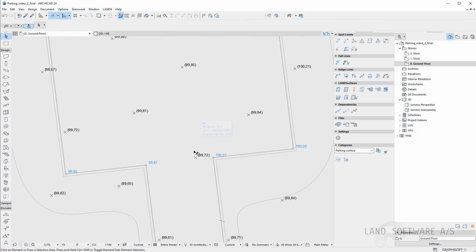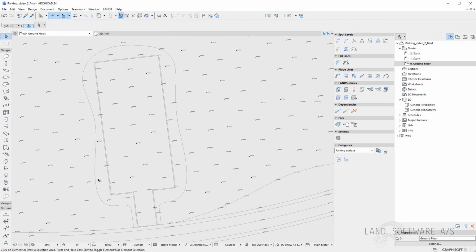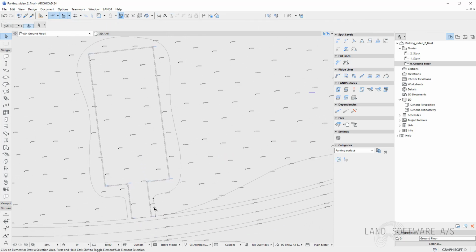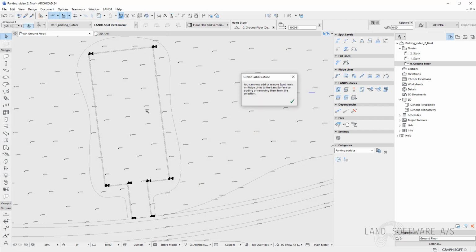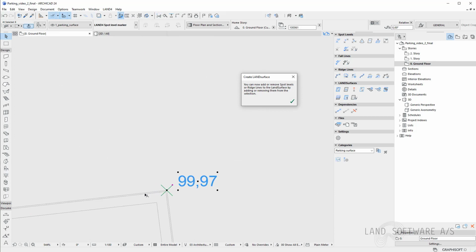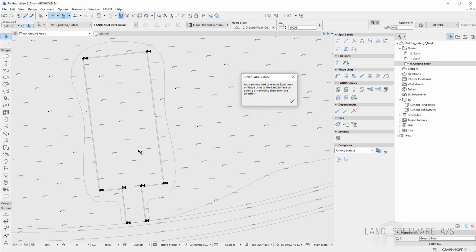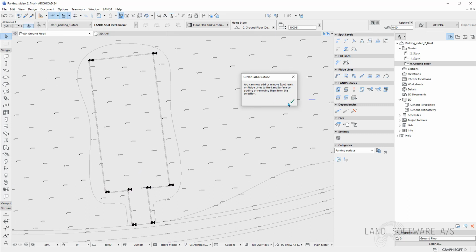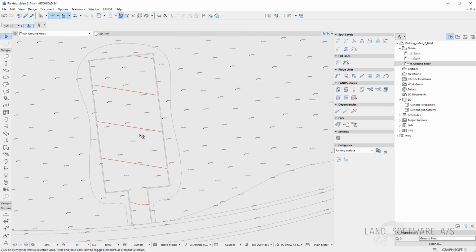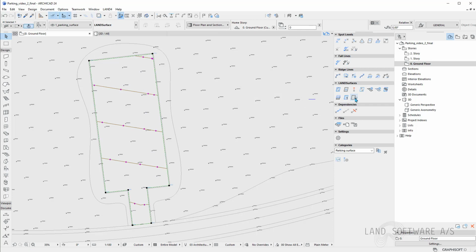You can hit escape when you're done. And now we have already our parking surface defined by the spot levels. So I can already create a new surface. As you can see, they are highlighted, and because of the polygon, their geometry will also be defined. Once I press the green mark, I have my surface here.